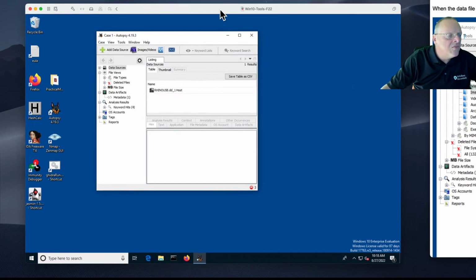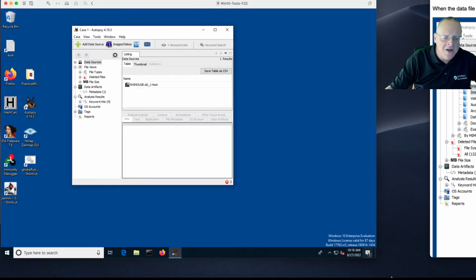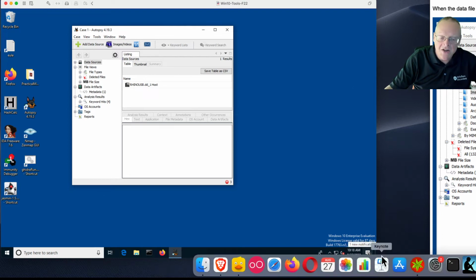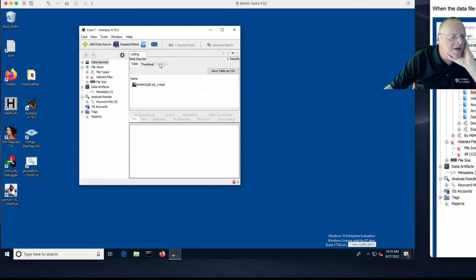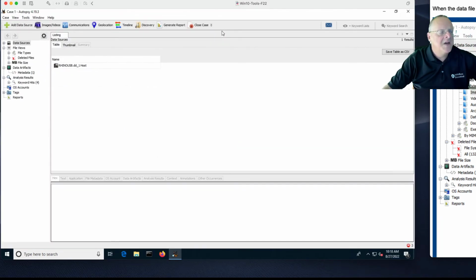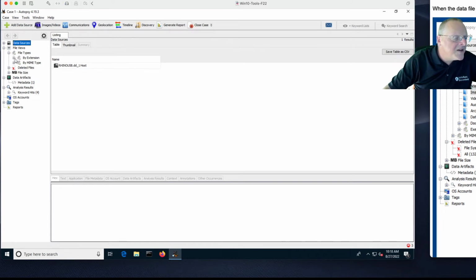So this is my Windows 10. I'm running it in a local virtual machine, which, by the way, you can do that too, instead of using cloud machines if you want to. And so here we have Autopsy. And I've already loaded Rhino USB.dd, so you can see what's going on by just expanding these features in the